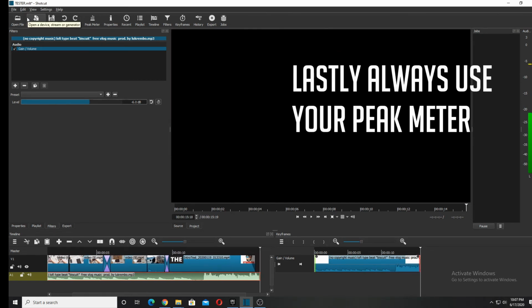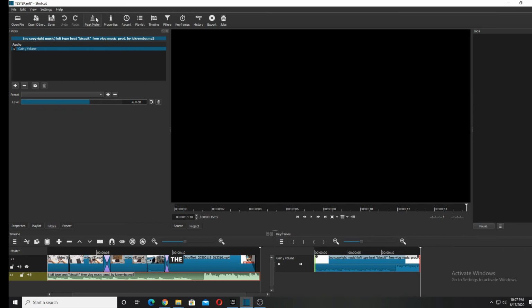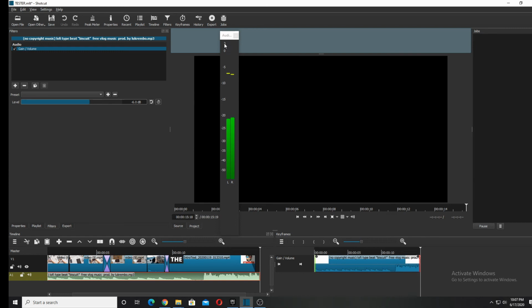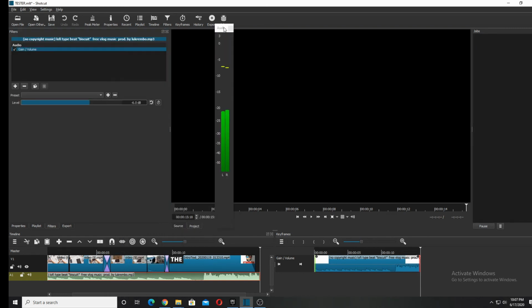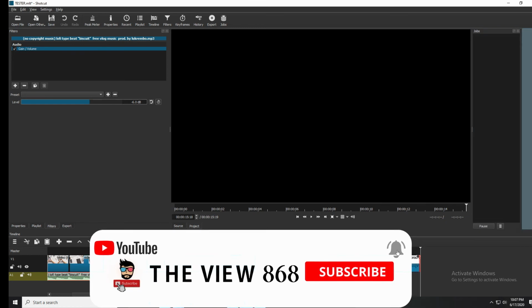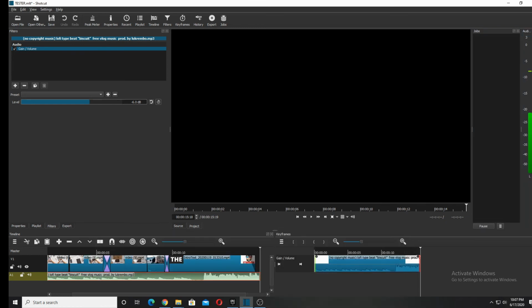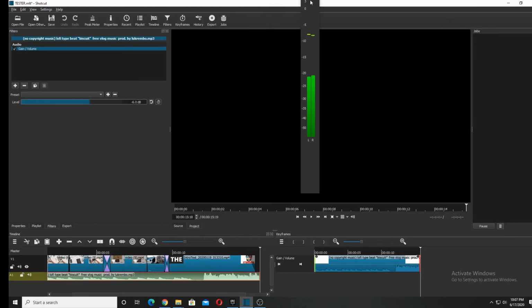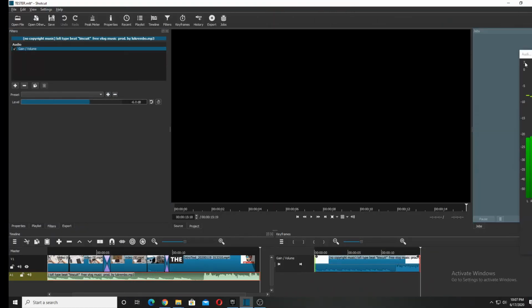Lastly, the peak meter is very useful to use in these types of situations. The peak meter shows you how loud the music will be. And you see, it's easy as that. Well guys, you see, it was easy. Always remember, when you begin any video, always check your audio and make sure it's not peaking or